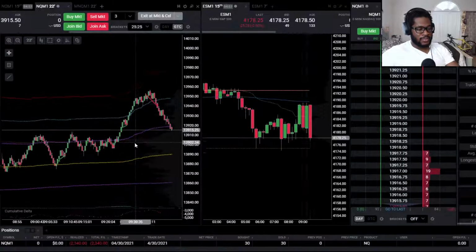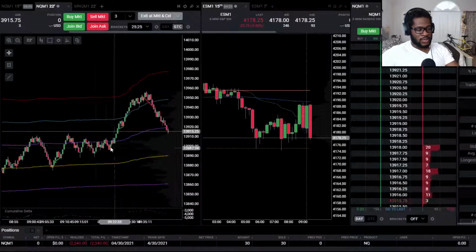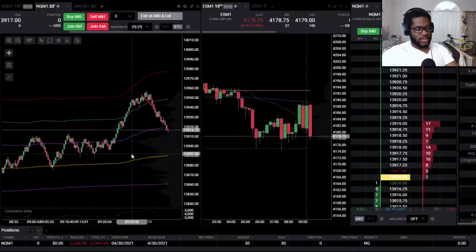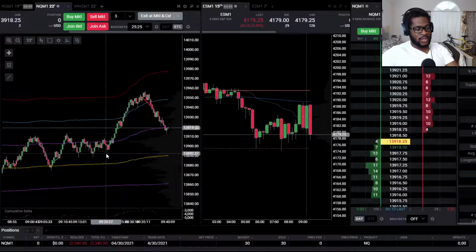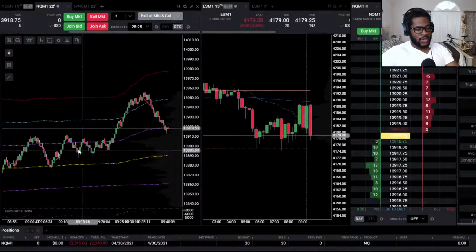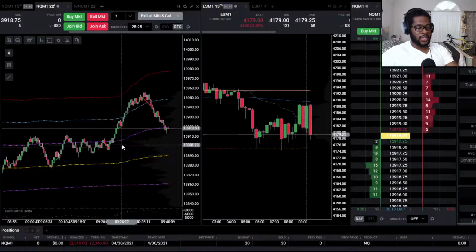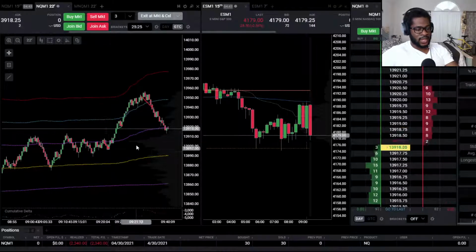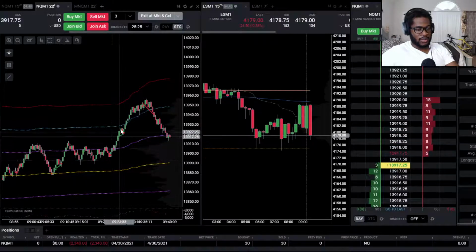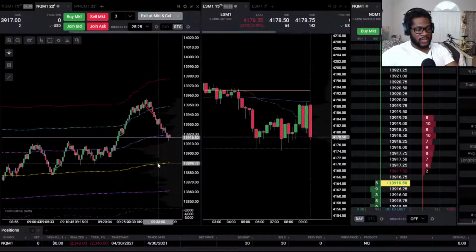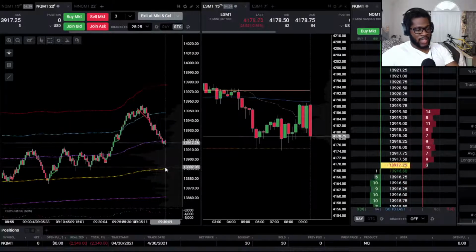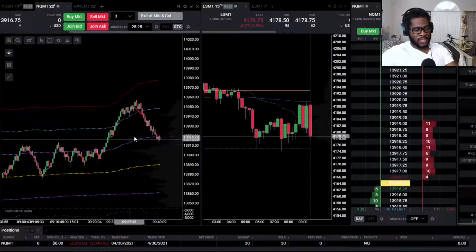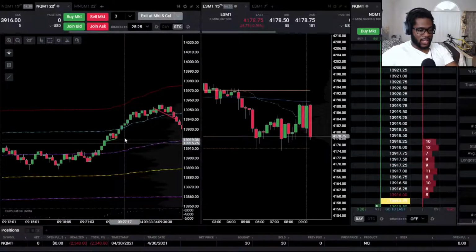This next trade, unfortunately, stopped me out as well. Again, a lot of sideways action here. Maybe this first trade and getting stopped out there was okay, but I definitely shouldn't have done it a second time. I should have waited for the breakout and then the retest. And I finally managed to do that once. Had a good trade there, but then unfortunately it stopped me out again on the kink here.